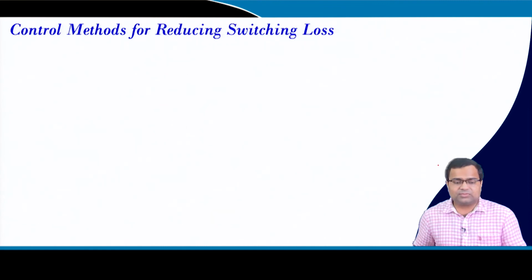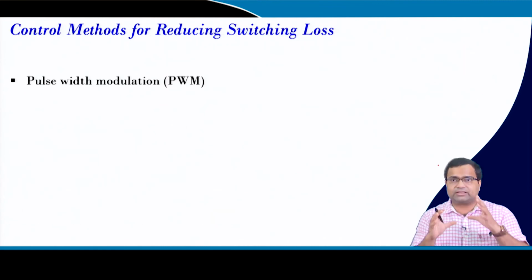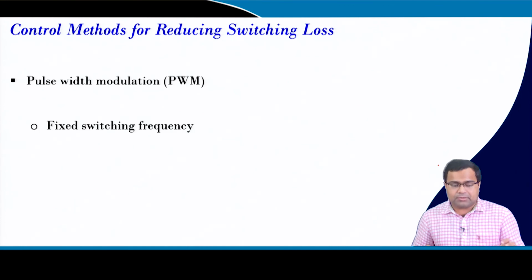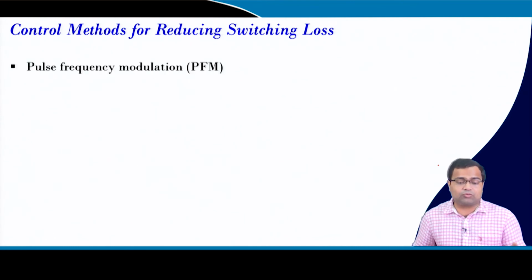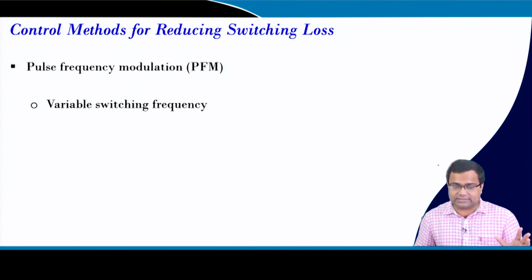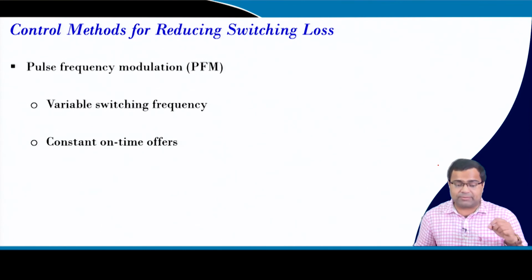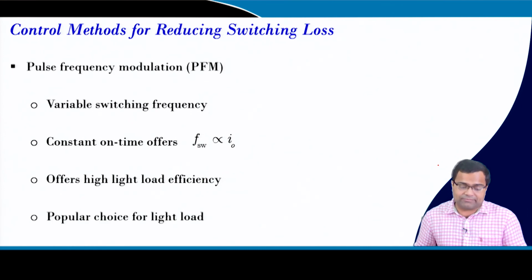Okay. So, that means the control method regarding switching loss reduction, PWM, is a fixed frequency, it is not suitable for light load. So, switching loss dominates. Then if you go to PFM, variable frequency control, this is good for light load, but not good for high load, may not be. Constant on time offers switching frequency proportional to load current, high load efficiency, it is a